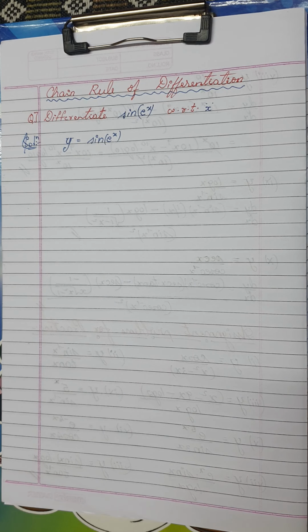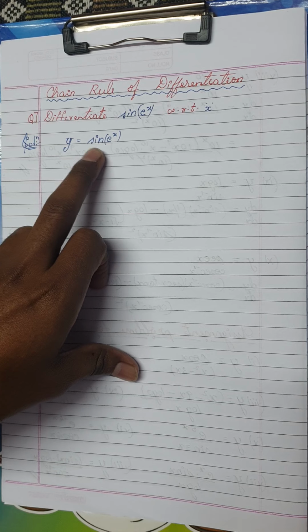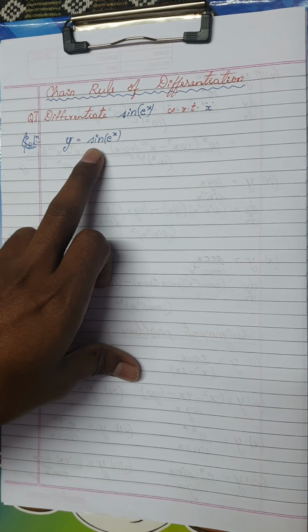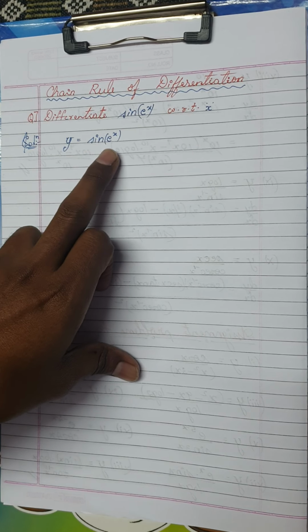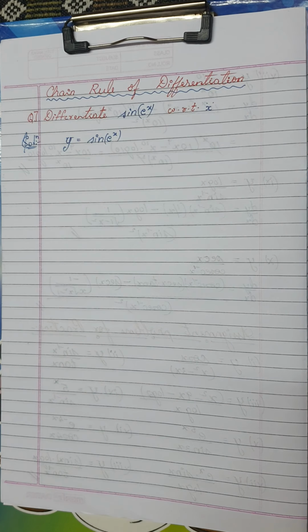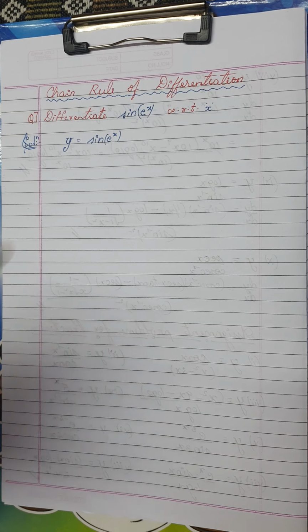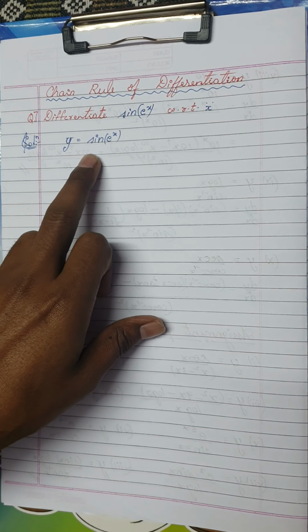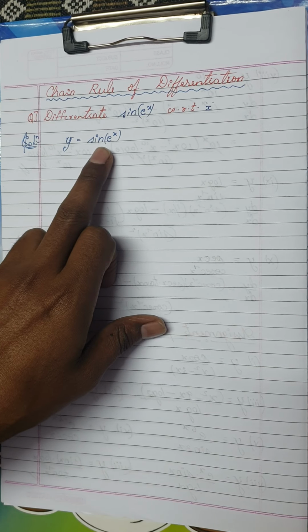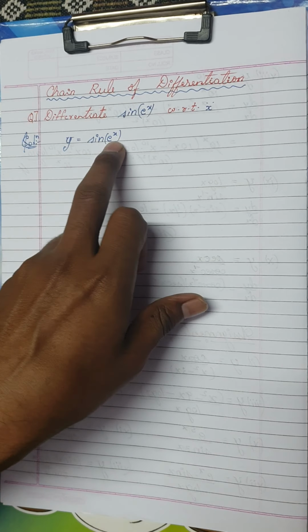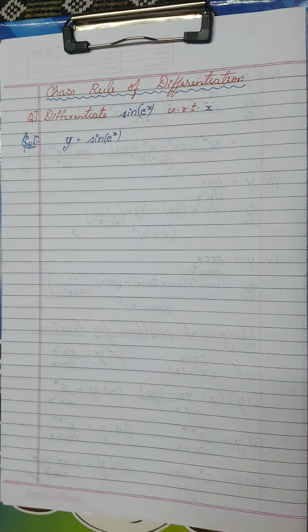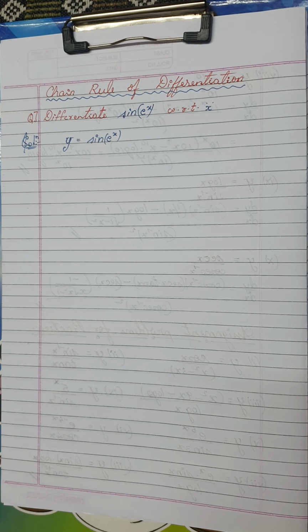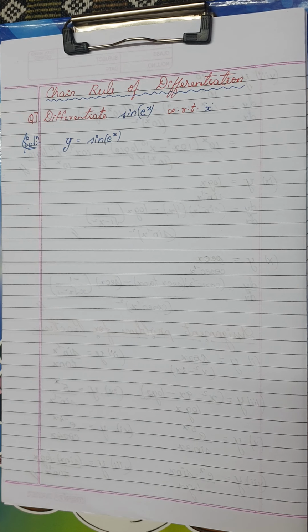But here the problem is, this is of the form a function inside a function. Instead of writing sin x, it is sine of e power x. Sometimes in movies we come across a story inside a story. This is somewhat like this. So you will have a function inside a function. It may not be just in two steps. Sometimes you will have a function inside a function and again another function inside it. So in that case, we use the concept called chain rule to find the derivative of this function.